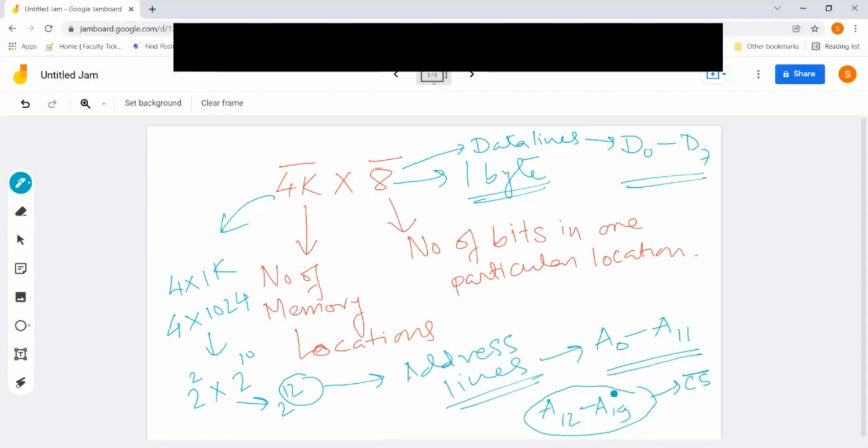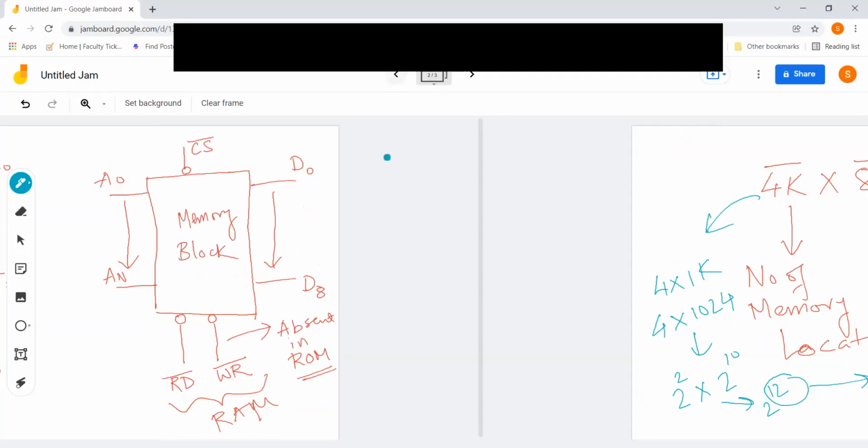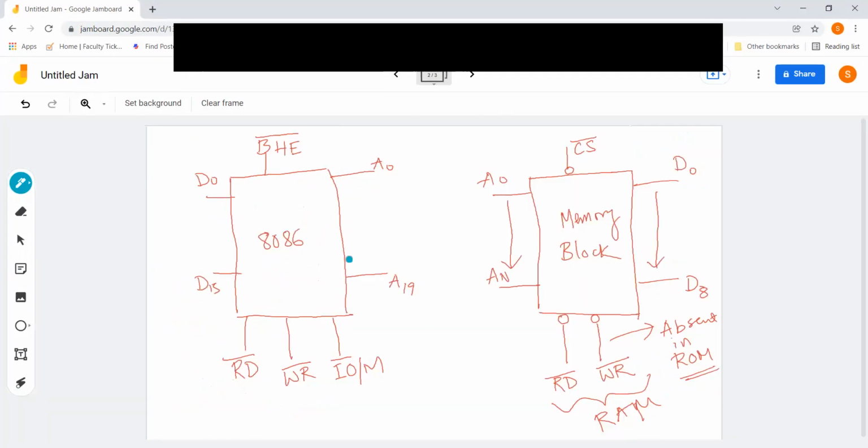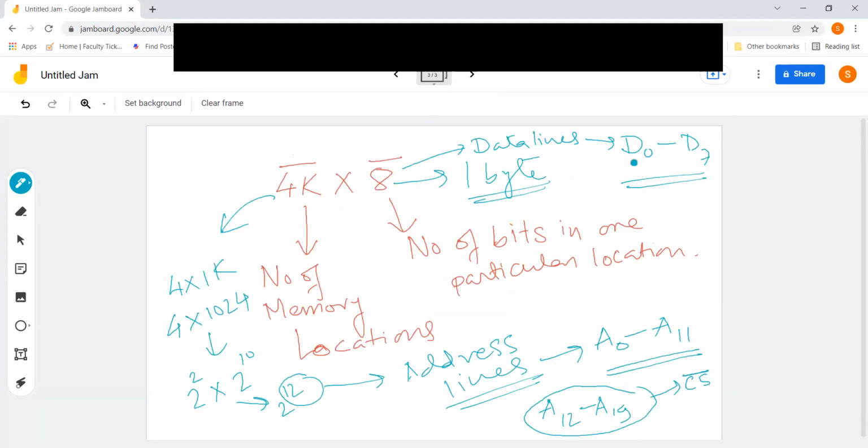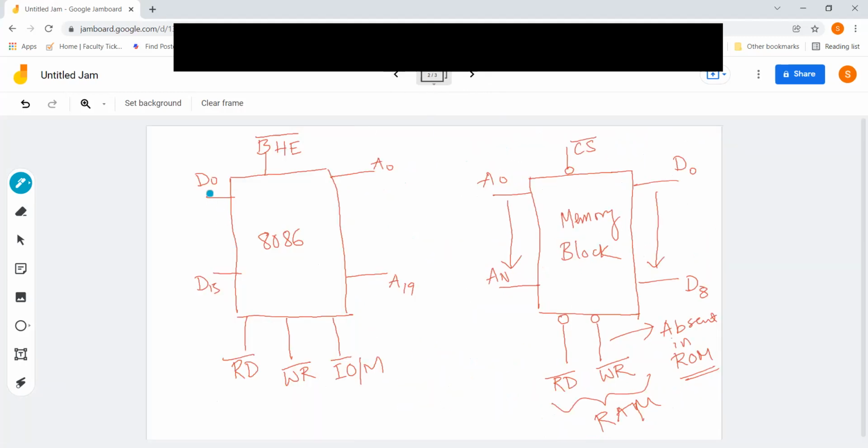Okay, to the chip select. As in the previous diagram I have shown you over here, the data lines are connected as they are. You can see D0 to D15, and there is also a concept of odd bank and even bank. I'm coming to that. So we are going to connect 8 address lines to the address lines over here, D0 to D7. And what is going to happen to D8 to D15? I'm coming to that.